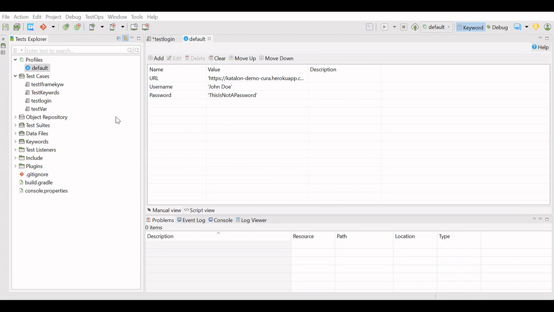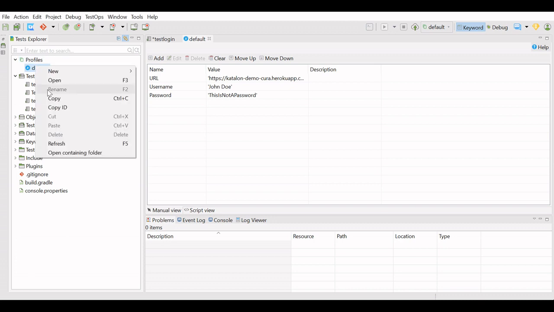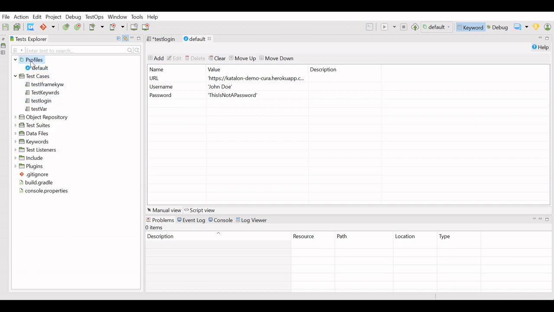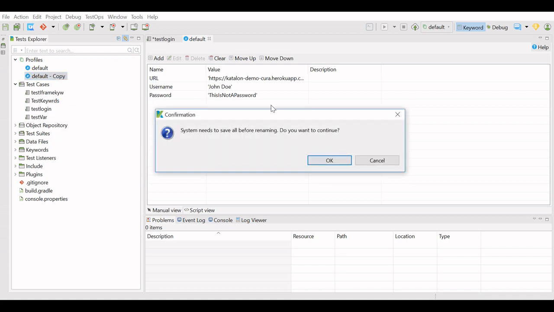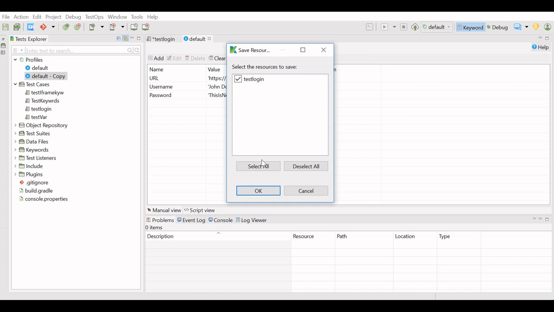Let's create the next environment, the QA environment. We will use the same credentials for the QA environment as this is an example and it should work. In the default profile, I will right click and copy it. In the profiles, I will paste, and these values get copied into a default copy environment. I will rename this as QA environment.